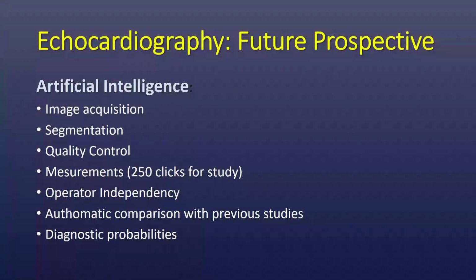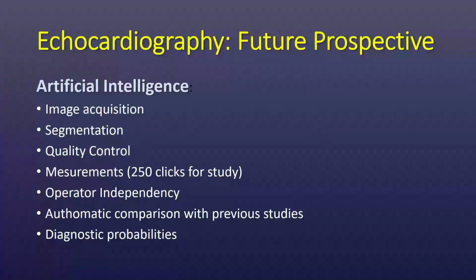The artificial intelligence software can do a quality check, can reduce in a significant way the number of human interactions, which are extremely important during measurements. Every day for each patient we do around 250 clicks for a single study. And this, of course, is a tremendous source of variability. Using artificial intelligence, we may get rid of operator dependency. We can automatically compare the current study with previous stored studies, and in the future, artificial intelligence may provide us